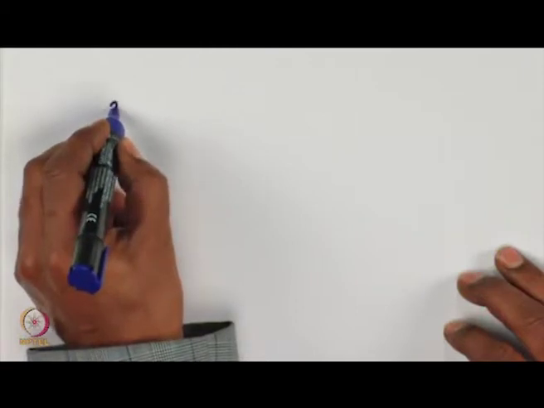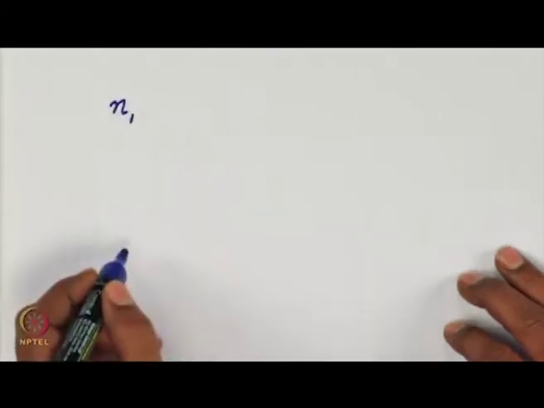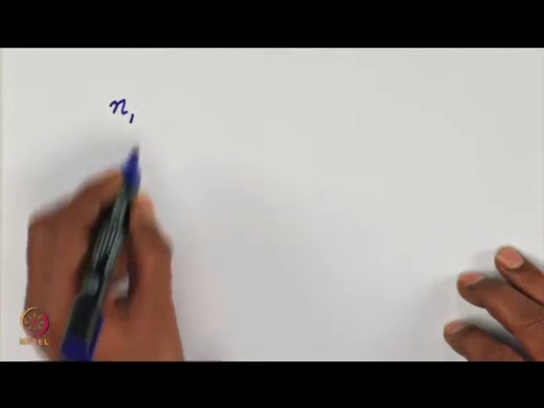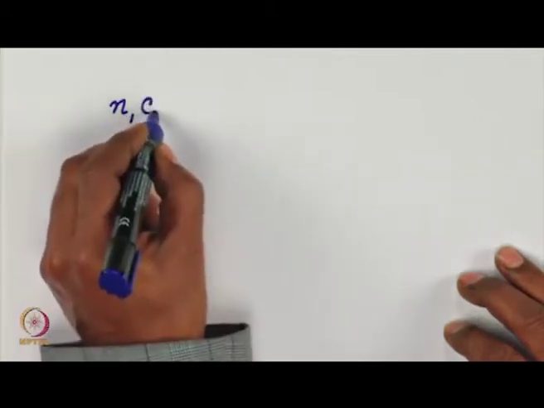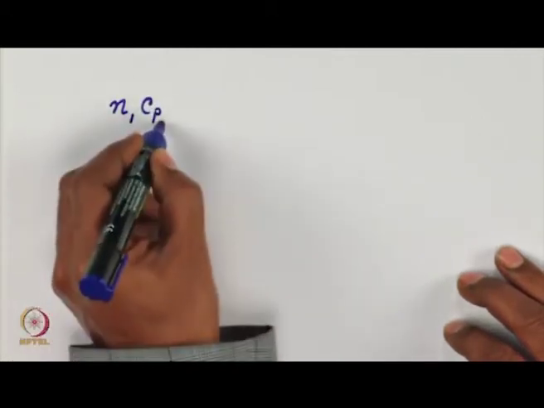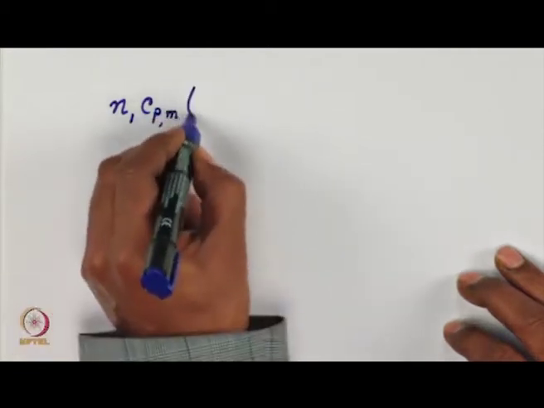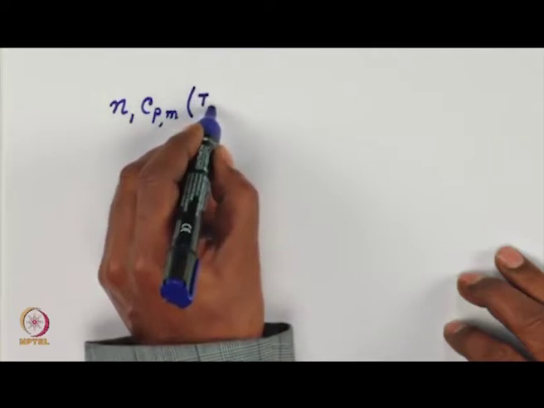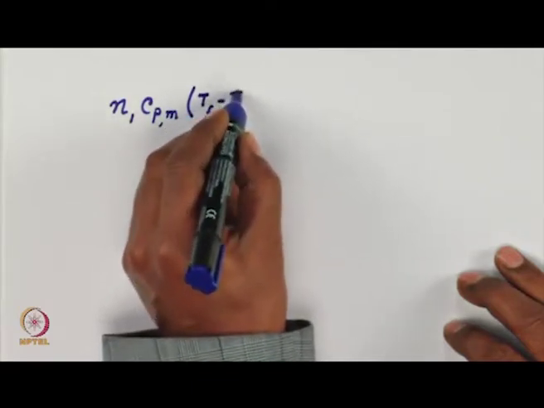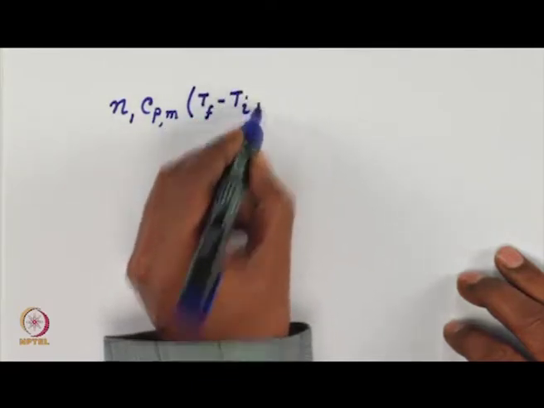So, that is what we are going to use now. Let us say we are taking N1 moles of any substance and let us say the heat capacity is Cpm, into T final minus T initial of substance 1